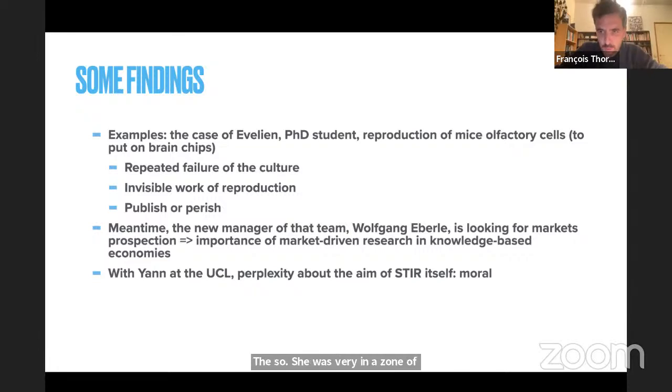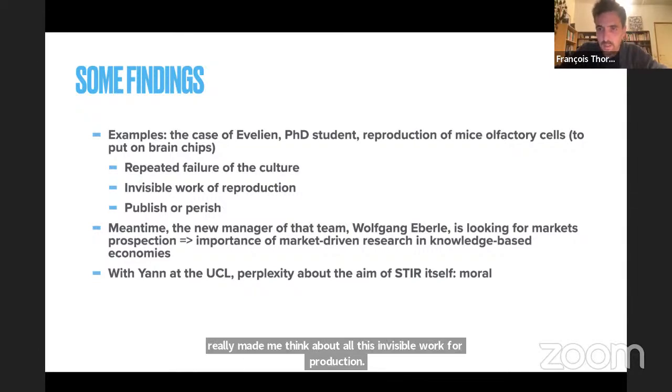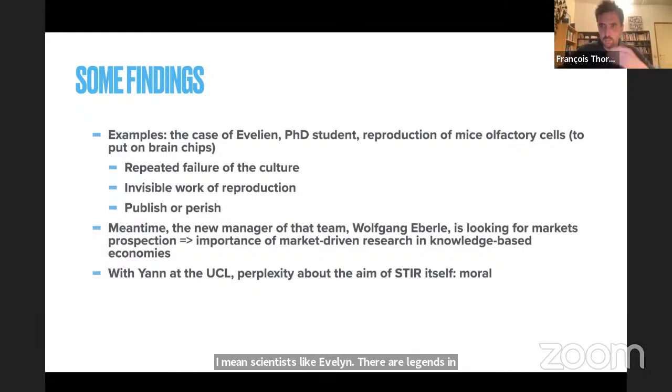And in retrospect, it really made me think about all this invisible work of reproduction. I mean, scientists like Evelyn, they are legends in laboratories who are doing the small work of reproduction, which is very important, but often made invisible by the publication strategies of the journals, which only acknowledge successes or successful experiments. And so there's a whole bunch of work that just goes beyond the radar, because it doesn't really make it to the proof of concept or the successful experiment. And that was one of the questions that came up while I was there in